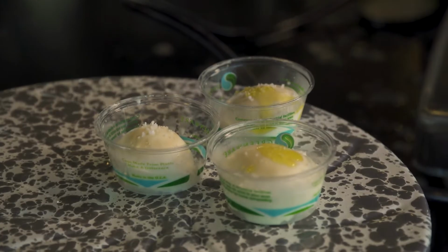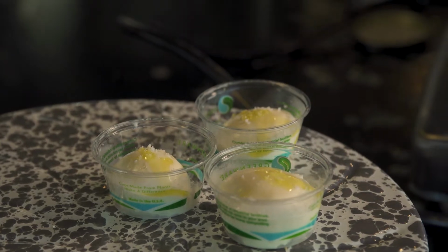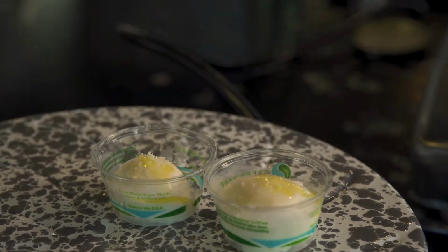Bloomy rind is something that everybody's familiar with. Maybe not the word bloomy, but brie and camembert fall into that category. So that kind of white fluffy mold on the exterior. Those are really popular. They're creamy, easy to like. Again, aged just a few weeks. And then you get into kind of,